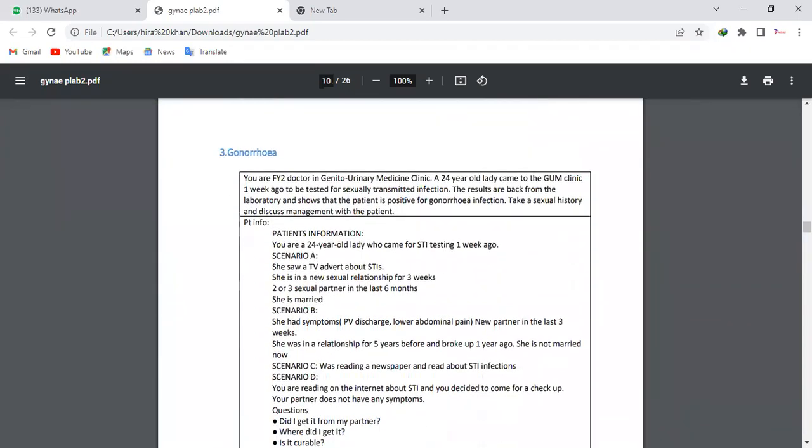Okay, so Dr. Barbara, you need to practice more and more, and try to avoid the unnatural pauses. And what you can do to avoid this, keep on practicing with the people, read the notes carefully, and then keep on practicing with different people. All right. Okay, so the next scenario is gonorrhea.